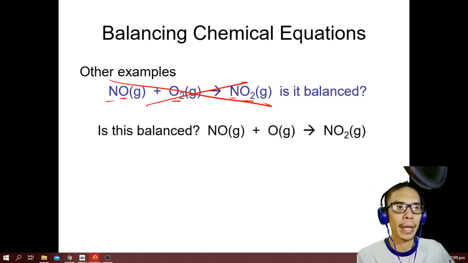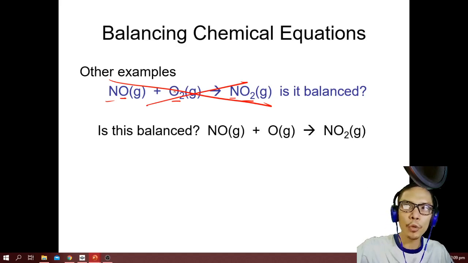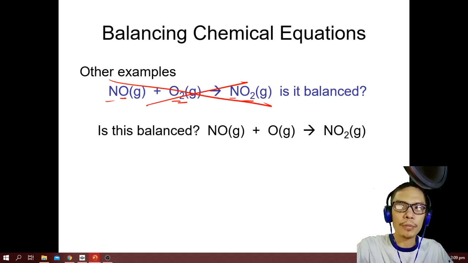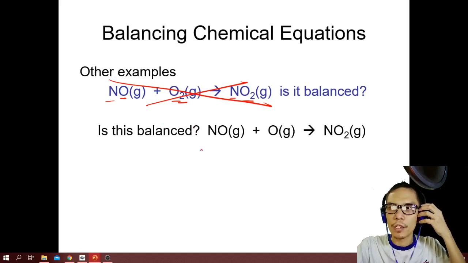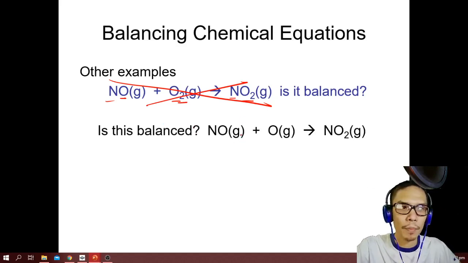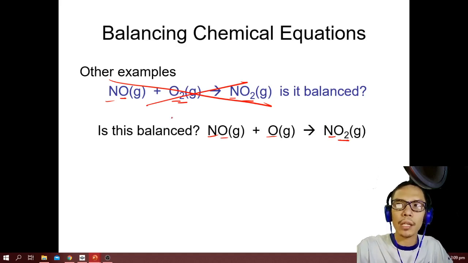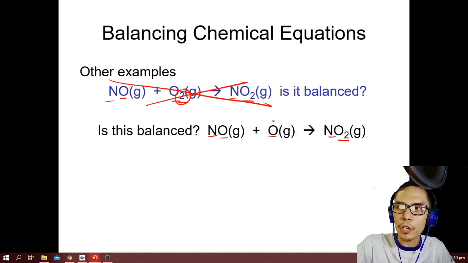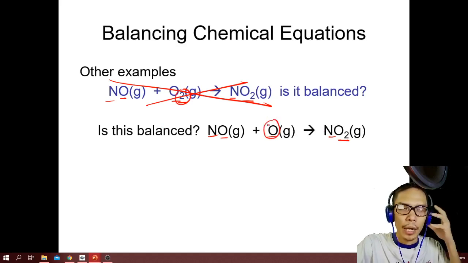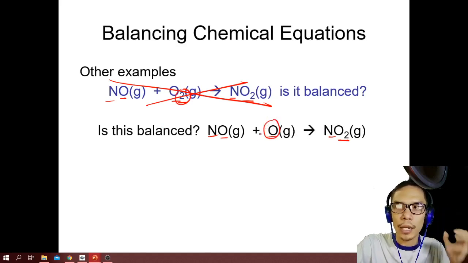Alright, how about this one? Is this equation balanced? So we just remove the subscript on the first equation. Let's see if this equation is balanced. We have N balanced. We have 1, 2, and 2 over here. Although it is balanced, it is forbidden to remove the subscript because there is no such thing as,